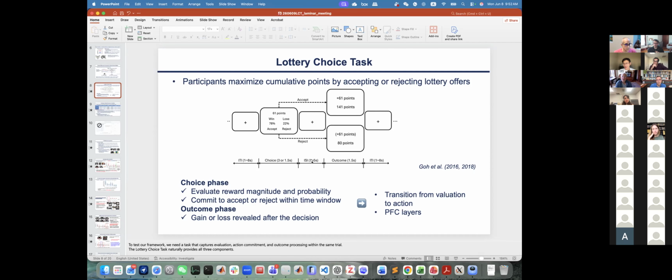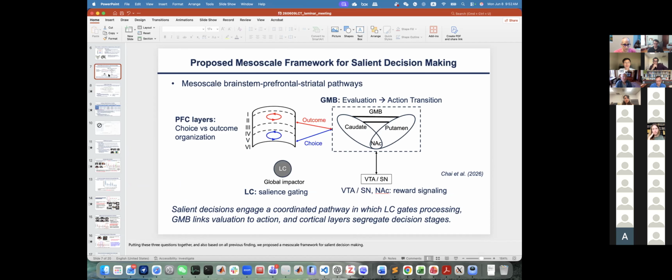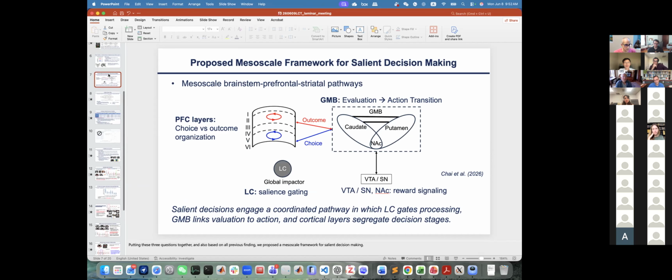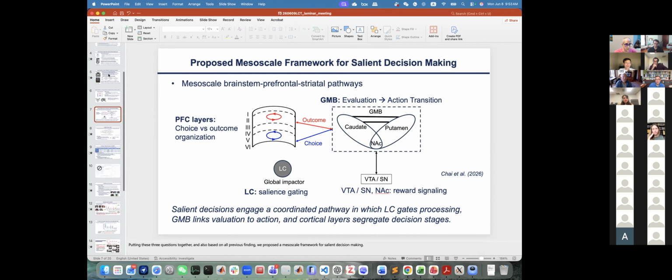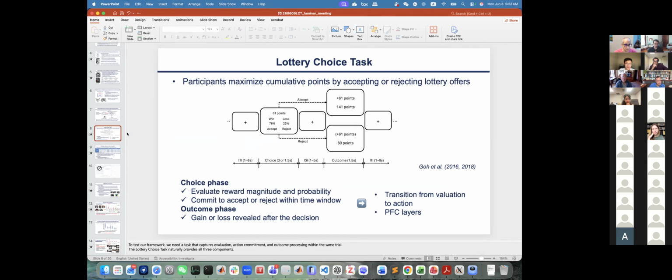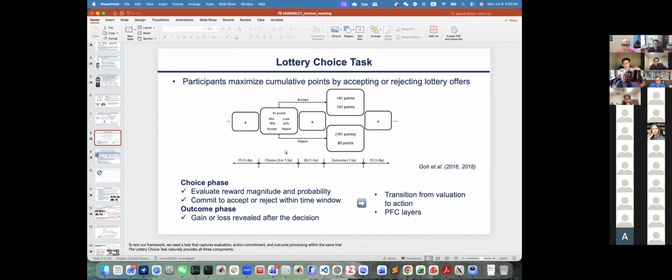So, sorry, I just had a question. It would have been interesting to try to separate the pre-choice evaluation from the choice itself. The idea would be to draw out the time in which they're trying to make an evaluation and then have a separate time for the choice. Maybe I missed that. Yeah, I think I understand your question. So your question is to separate this choice evaluation from the action choice selection, right?